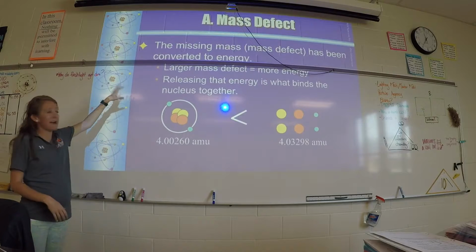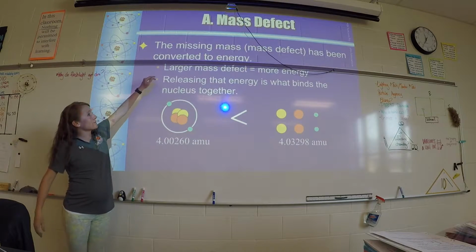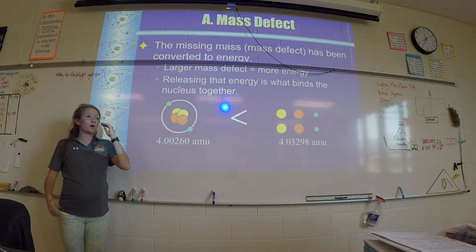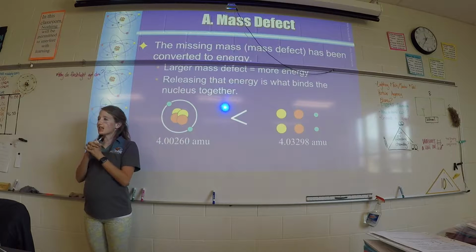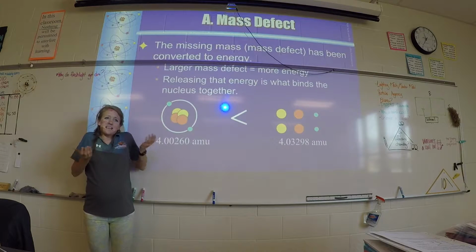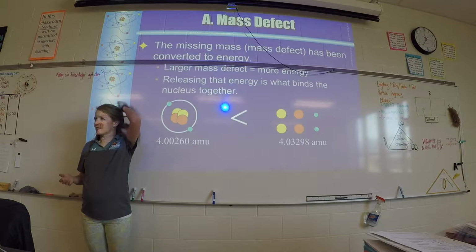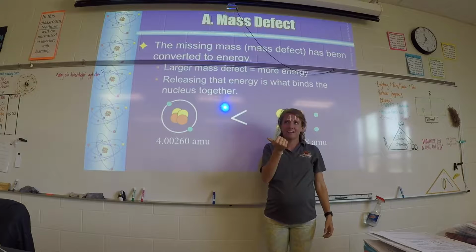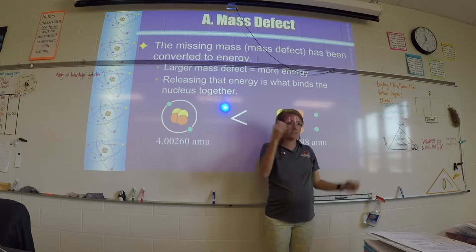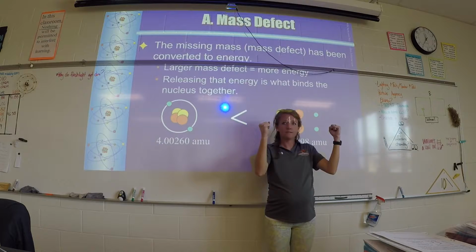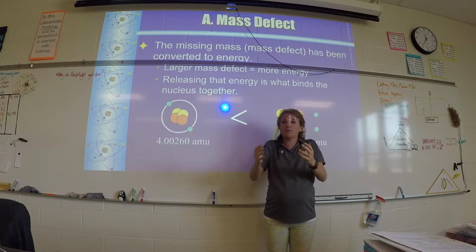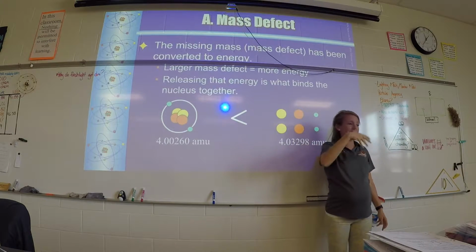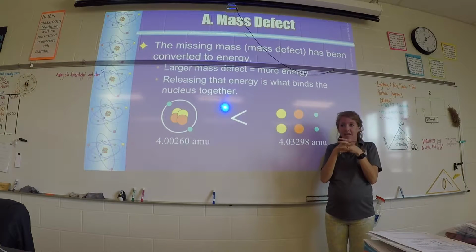All right, so with this mass defect, what it's doing is releasing the energy that binds the nucleus together. Often you can think of this as the binding energy, the energy that holds a nucleus together. Because otherwise, somebody once asked, if a nucleus is just positive things and neutral things, what do two positive things do to each other? Yeah, they repel. So what keeps the nucleus from falling apart is this binding energy. There's a force in there that holds the positives in.